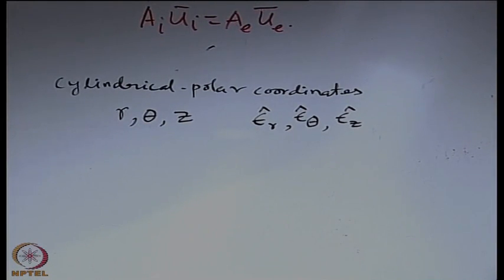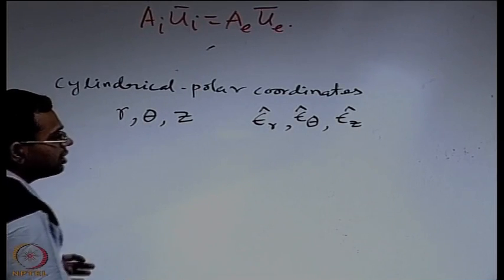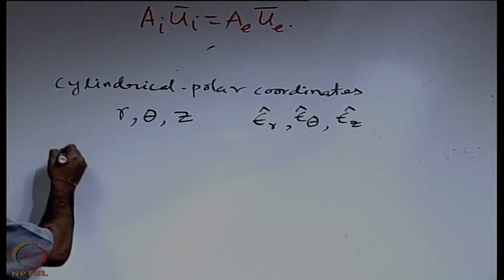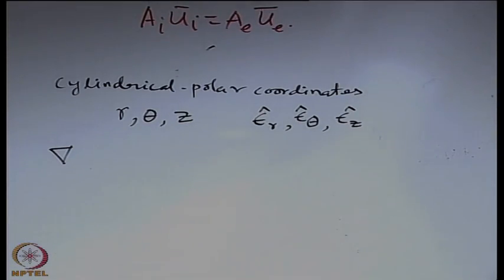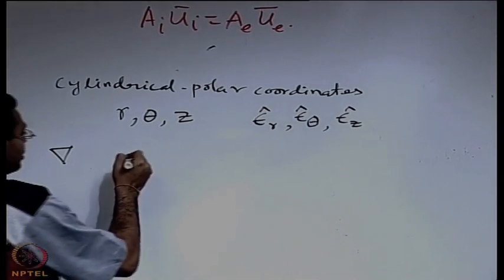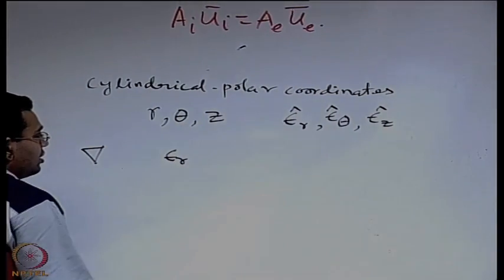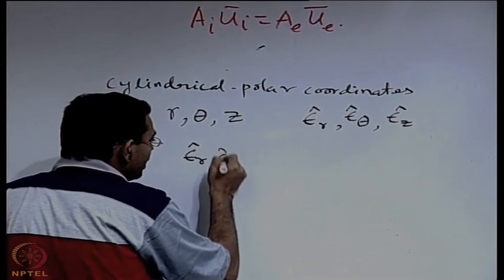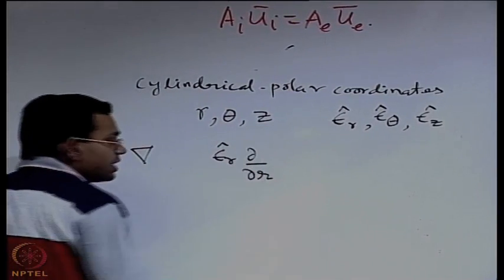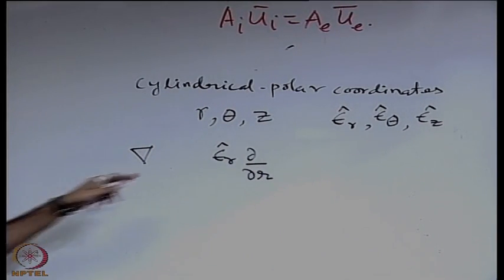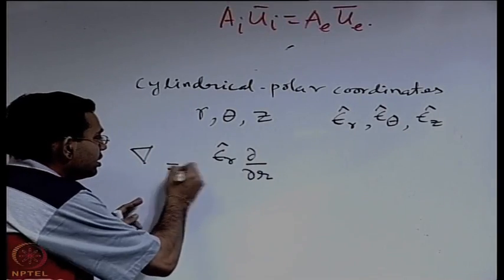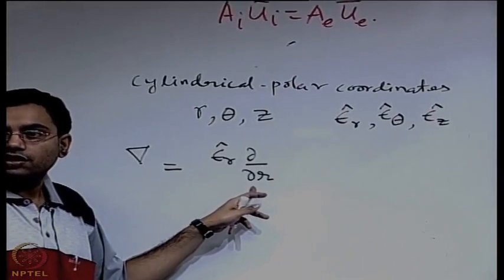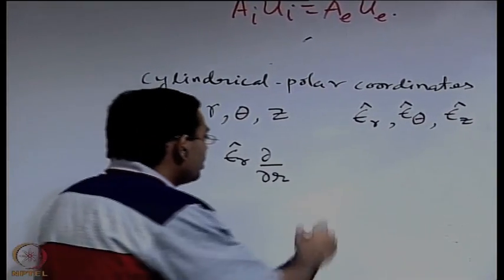Now we have to see what are the differences between the Cartesian system and this system. So first we have to know what is the del operator in this system. Just like the i, j and k, here also you will have the corresponding ε_r, ε_θ, ε_z. So for the first component, that is the component along r, it is just like the component along x for the Cartesian coordinate. For the component along theta,